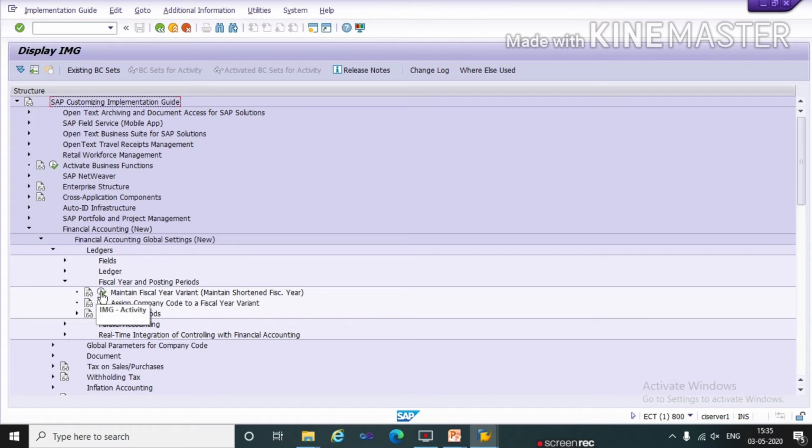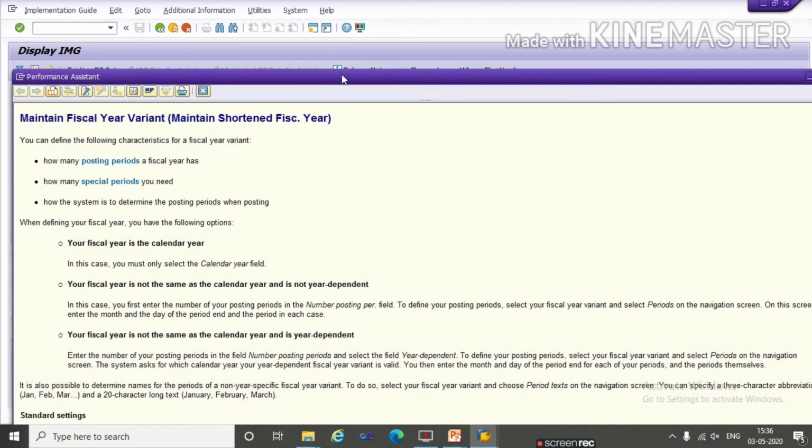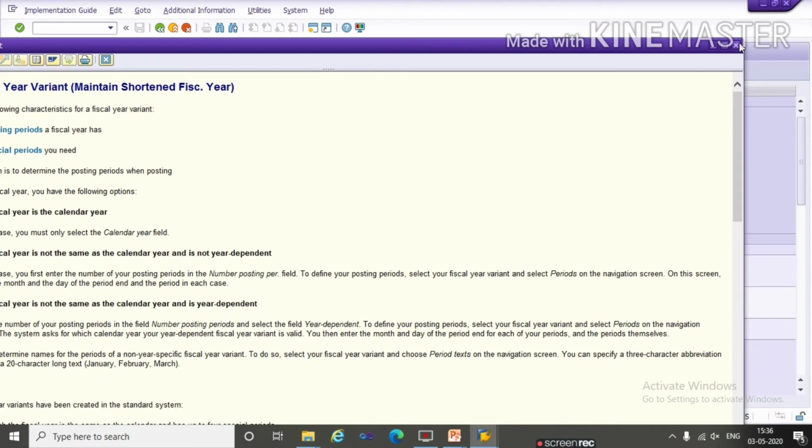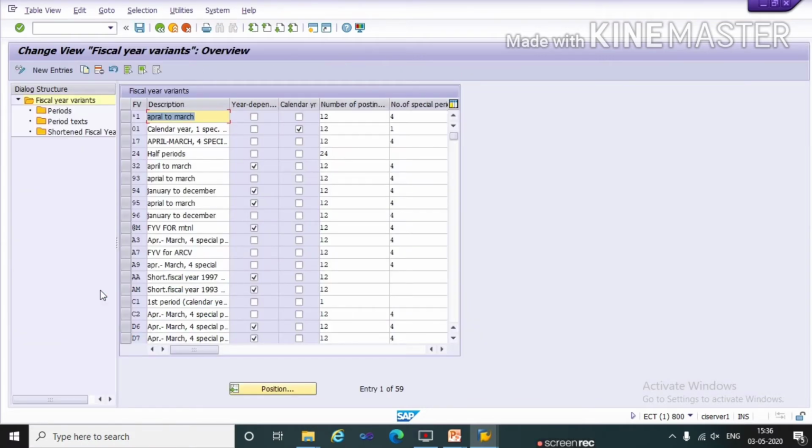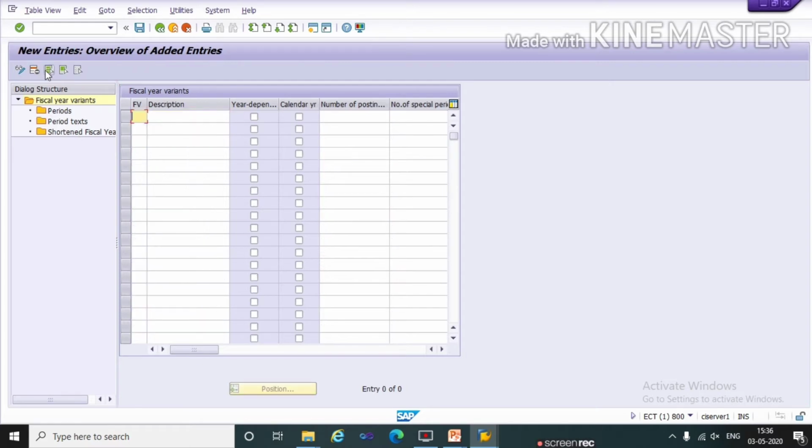Here the first one is fiscal year: Maintain fiscal year variant. This is a note. You can go through it also. It has a description about maintain fiscal year variant. You should go through it also. Now click on this execution button to create a fiscal year variant. Now here click on New Entries. Back. First of all,